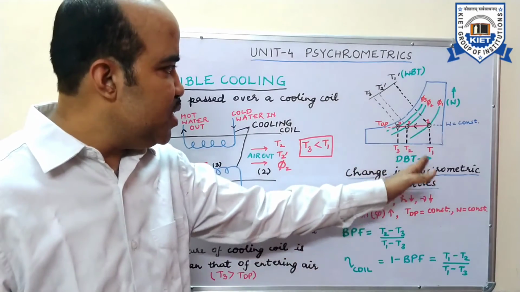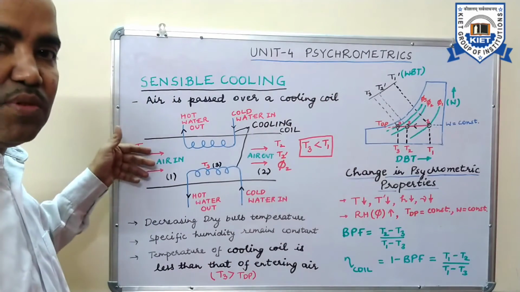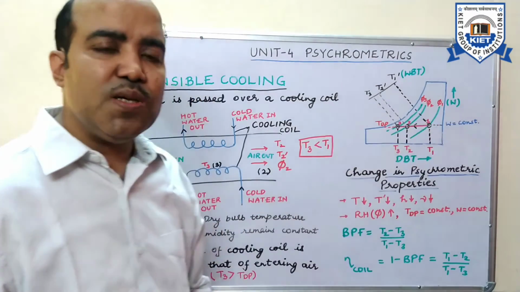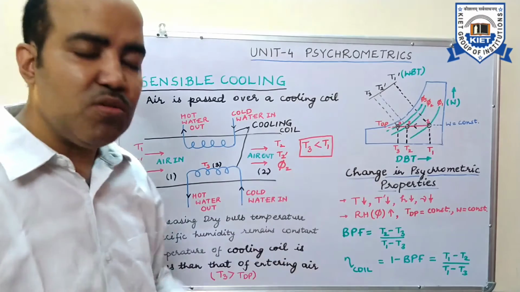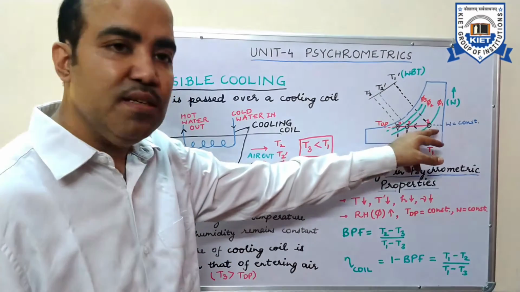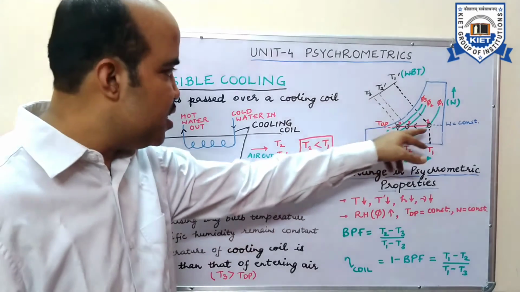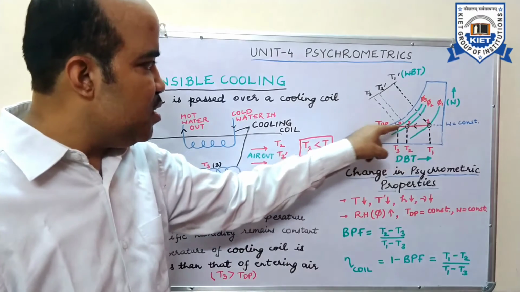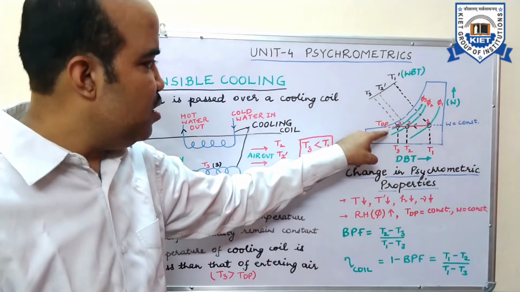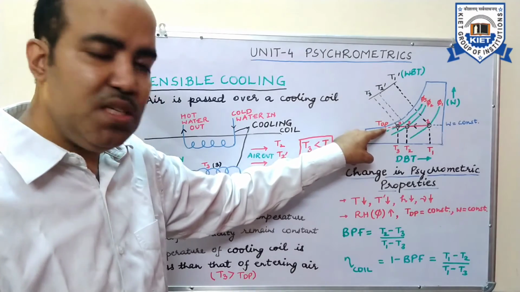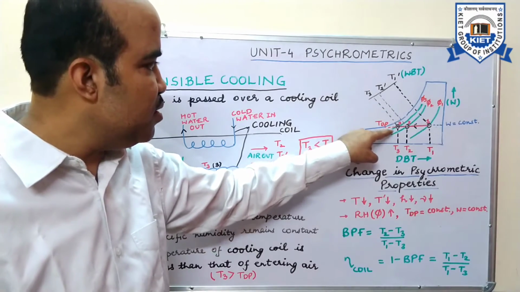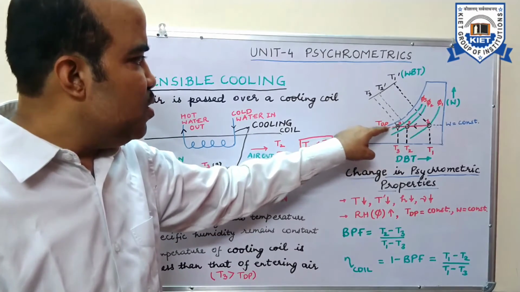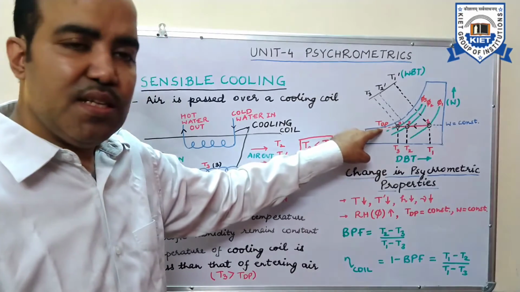This is the condition of the air which is entering from the left hand side of the duct. As soon as you locate point number 1 on this psychrometric chart, draw a horizontal line from point number 1 towards the left till it cuts the 100% relative humidity curve. Now when this cut is obtained, a point is obtained, denoted here by TDP, which is nothing but the dew point of the air. So you will obtain a horizontal line like this.